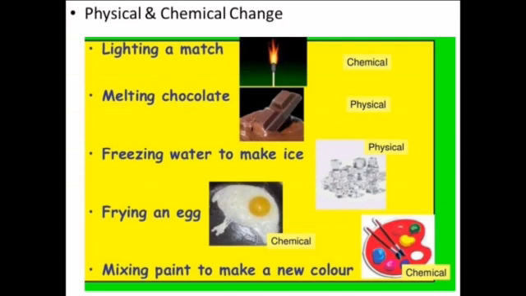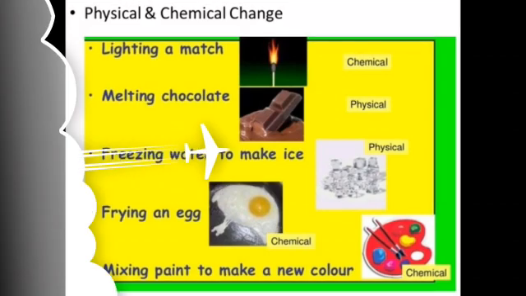Next is chemical change. Chemical change brings change in the chemical properties of matter. We get a new substance. Example: burning of magnesium ribbon. Here a new substance is formed. The chemical properties of this new substance are quite different from those of magnesium ribbon. This is a permanent change.